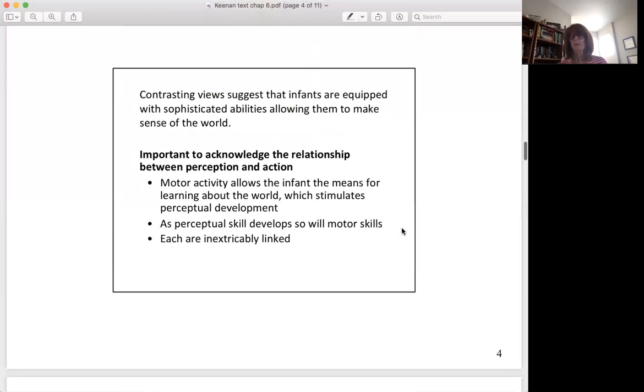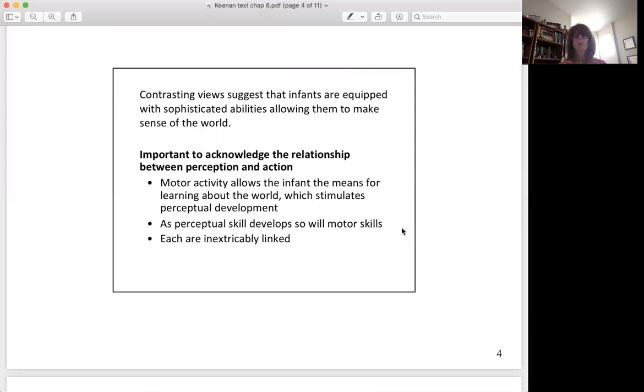In some respects, right, these contrasting views suggest that infants are equipped with somewhat sophisticated abilities, allowing them to make sense of the world. It's important to understand the relationship between perception and action. Again, think about a child who has typical motor activity. It allows them